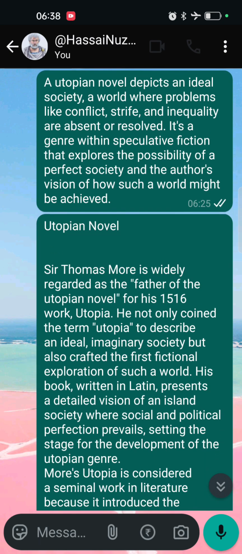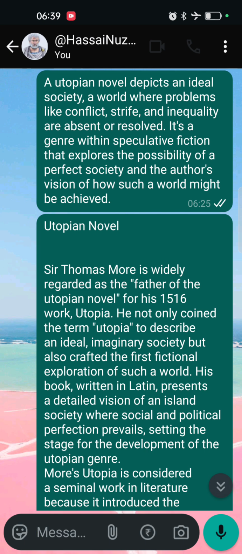Sir Thomas More is widely regarded as the father of the utopian novel for his 1516 work, Utopia. He not only coined the term utopia to describe an ideal imaginary society, but also crafted the first fictional exploration of such a world. His book, written in Latin, presents a detailed vision of an island society where social and political perfection prevails, setting the stage for the development of